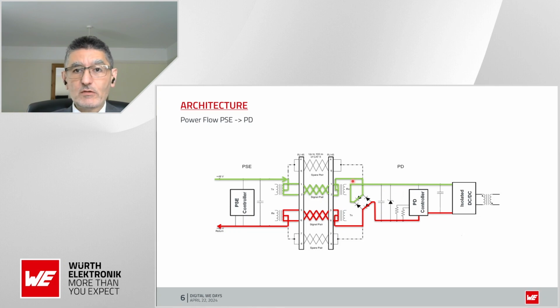That's your camera or IP phone, and that's where the power goes through a bridge rectifier. This is to ensure reverse polarity protection, so you can operate under both sides. If the power has been reversed for whatever reason on the PSE side, you can still continue to deliver power to the power device. This system here on the PD side of things also includes a DC-DC converter, which needs